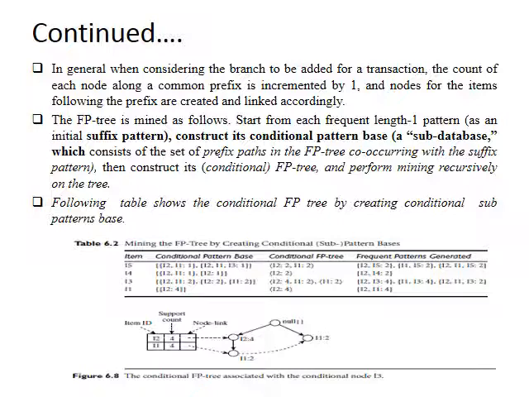Then, for the conditional FP tree, count how many times each item occurred under that conditional pattern base. I2 occurred 2 times, I1 occurred 2 times. For the frequent patterns generated: the set I2, I5 2 times, the set I1, I5 2 times, and the set I2, I1, I5 2 times. Then I4: we have two paths.